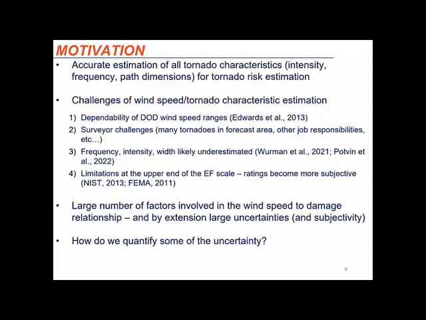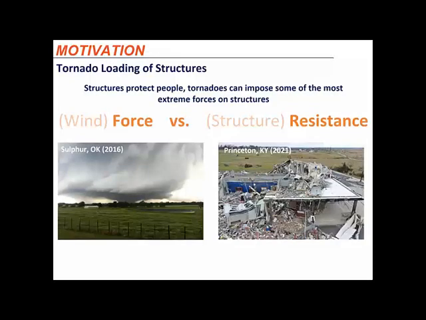As Frank mentioned, the focus of this work was to gain some perspective on some of the uncertainty and subjectivity, specifically in wind speed ratings. And of course, we're using the DAT to do that. But I want to take a step back first and look at why some of these uncertainties exist. At the forefront, and obviously this has been extremely relevant over the last couple of days, and will continue to be the remainder of this week,